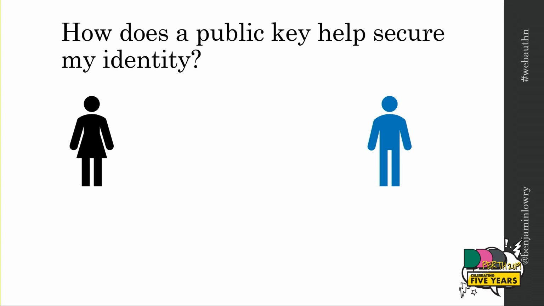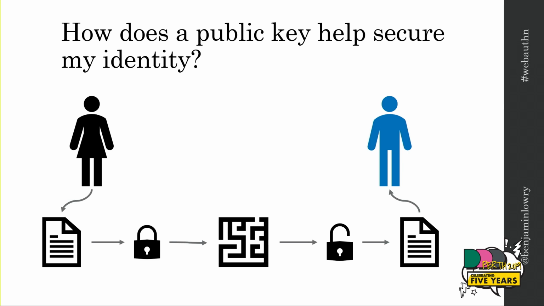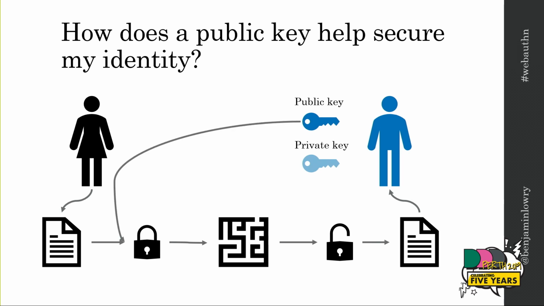You might be more familiar with using public keys for message encryption. For example, if I have two people, Alice and Bob, Alice wants to write a message and send that to Bob, but also wants to make sure that only Bob can read it. So she wants to encrypt it in the middle. The way we do that these days is with public key cryptography. So this recipient, in this case, Bob, will have his public key and his private key. He'll have to generate them if he doesn't have one. And you can use that public key to encrypt the message and the private key to decrypt the message.